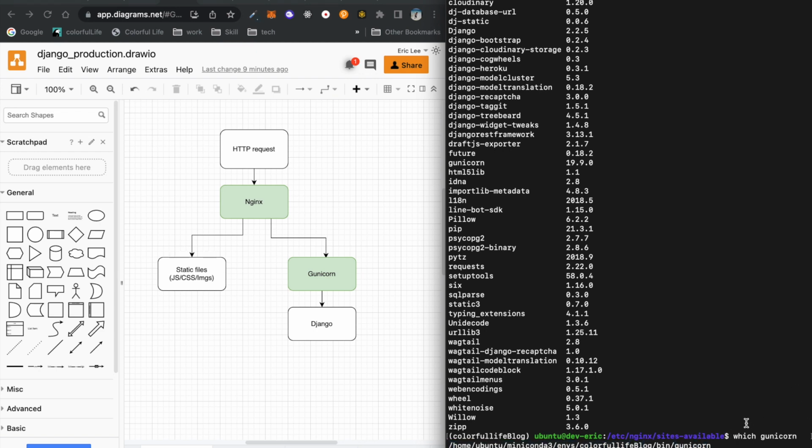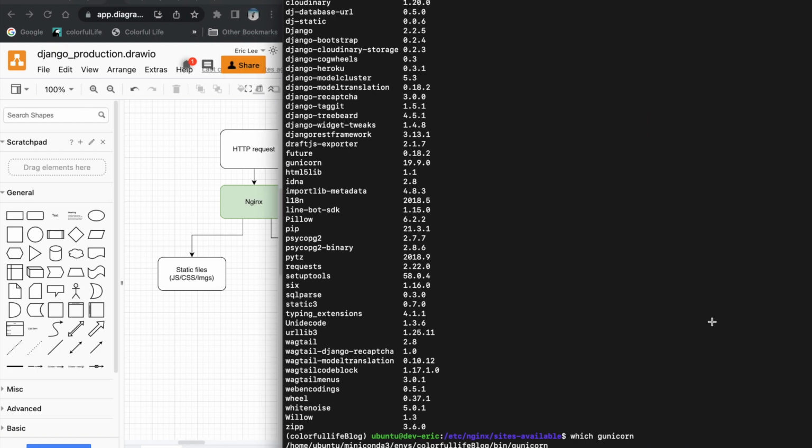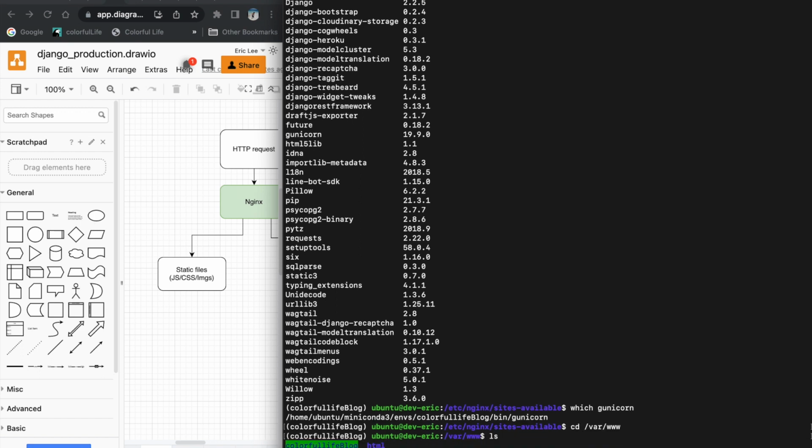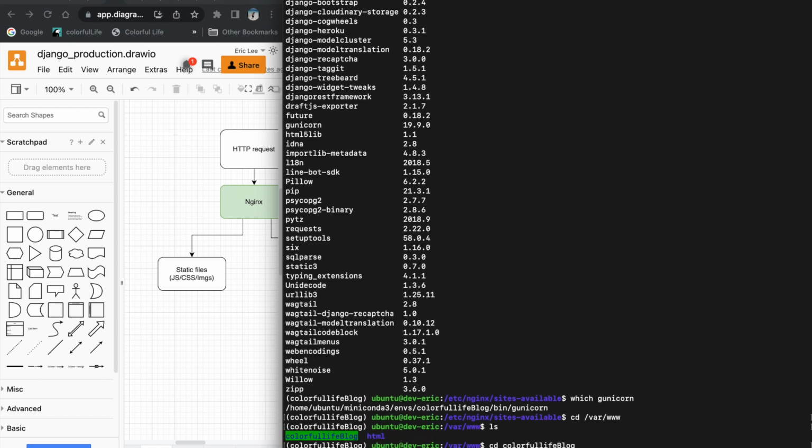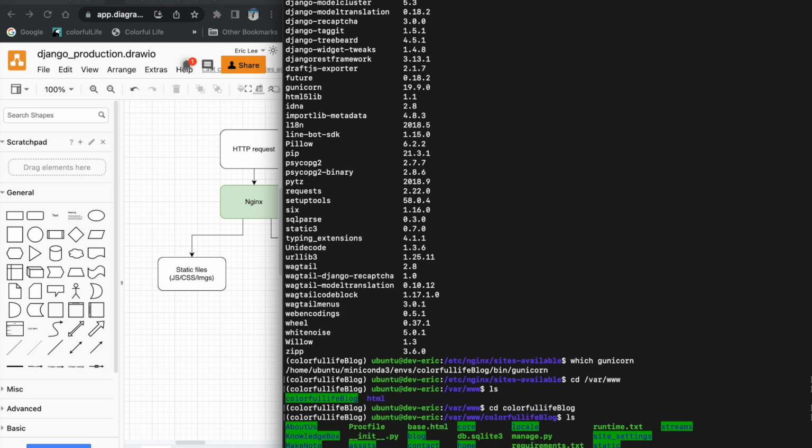Okay, and now it's very easy. We can just very simply run the Gunicorn, and then use the, let me think about it. We need to get into, just a minute. Let's make it a little bit bigger, and then get into our working directory. Okay. And then we are going to use Gunicorn, and I believe it's application name.wsgi,